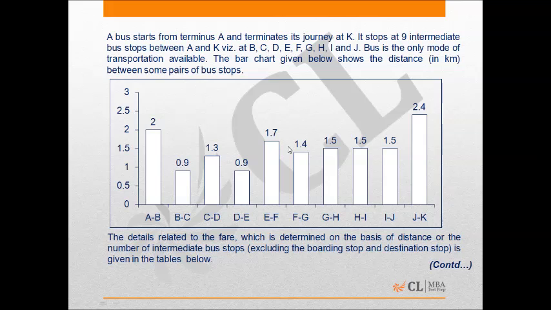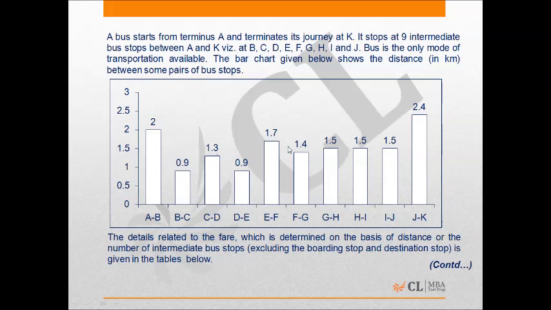Here it is given that a bus starts from terminus A and terminates its journey at K. There are 9 intermediate stops between A and K, namely B to J, and the given bar chart shows the distance between some pairs of bus stops, like the distance between A and B